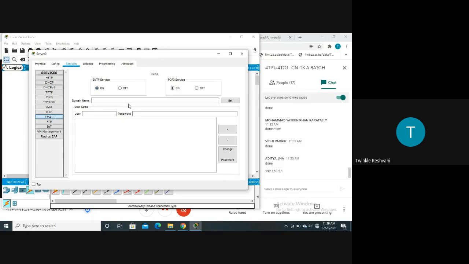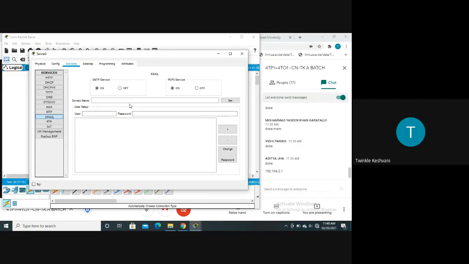Now here, domain name. If I say the domain name, what should be the domain name? Let's say that if anyone writes a mail, it has some domain name, right? Let's say that if I am writing the mail to any student who belongs to Marwadi, right? So what will be the domain name? marwadiuniversity.edu.in. Don't you have any exact idea?